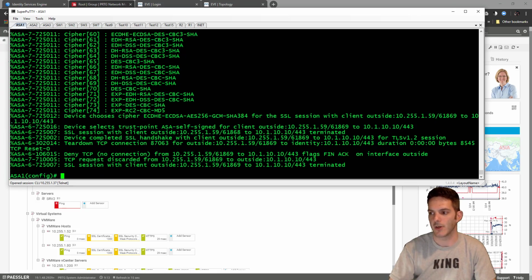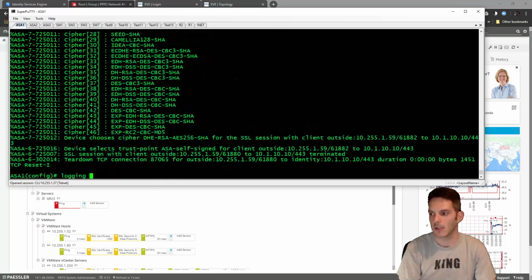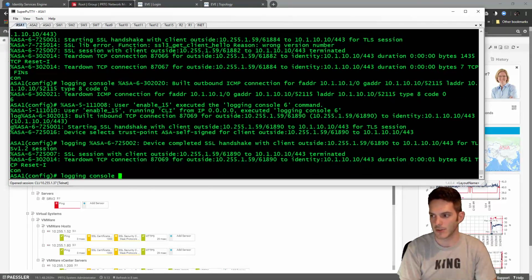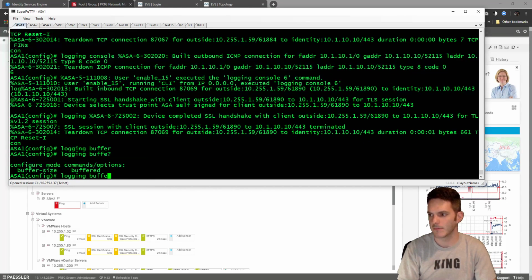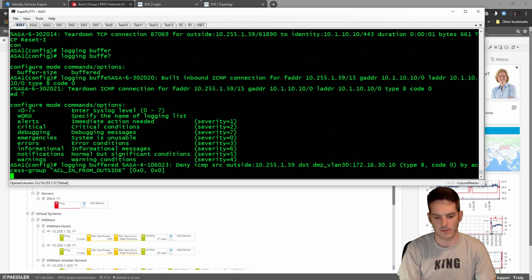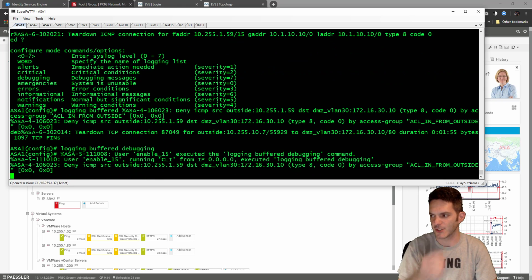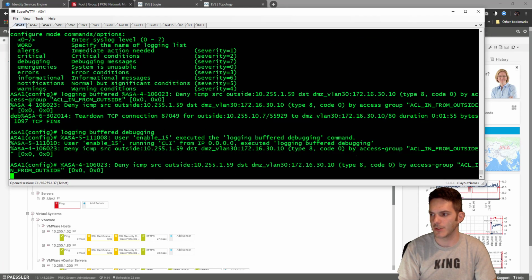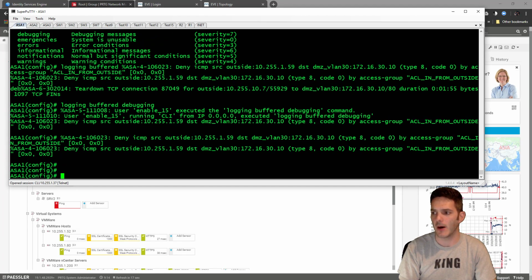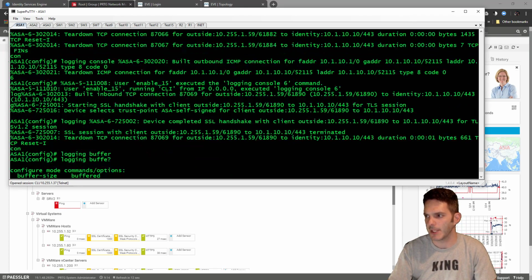And okay, so actually I need to do this. Logging console 6, logging console, or logging buffered is debug, because I don't want to get swarmed with all these issues. So what I'm going to do now is I'm going to go on that same access list. I'm going to type in access list, and the name of the ACL is